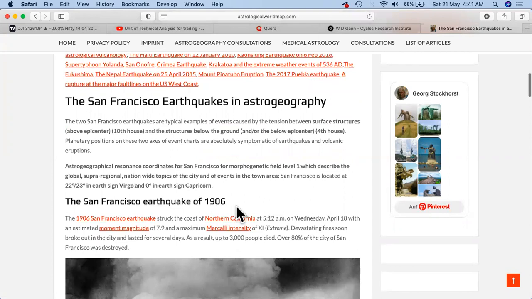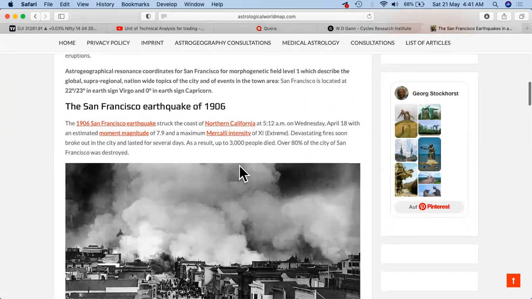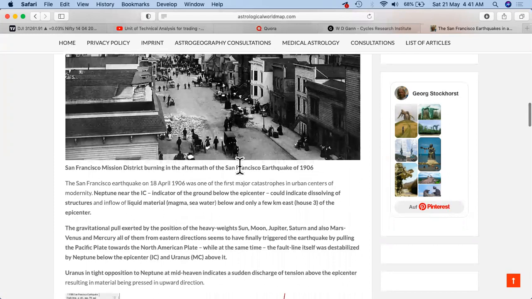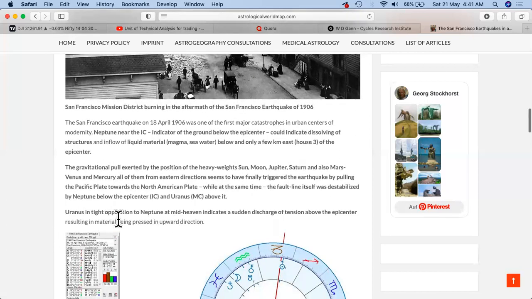San Francisco earthquake of 1906. The date is the same. Magnitude has been given. Numbers are the same. First major catastrophe in urban cities of modernity. Neptune near the icy indicator of the ground below the epicenter, the gravity. Uranus in tight opposition to Neptune at midheaven indicates a sudden discharge of tension above the epicenter. Now we are, I guess, pretty clear why